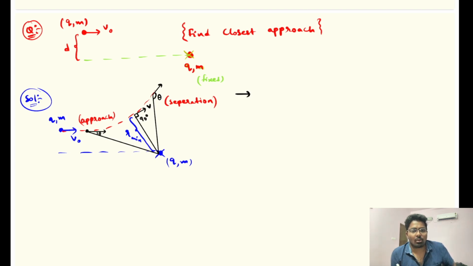So whatever role the electrostatic force is playing here, the gravitational force will play the same role there. And the rest of the kinematic part, the force, the velocity and all the stuff, whatever process I'm going to follow here, remains the same. But the only thing is, in electrostatics both attraction and repulsion are possible, whereas in gravitation only attraction is possible, right? So fine. So here the most important thing is,